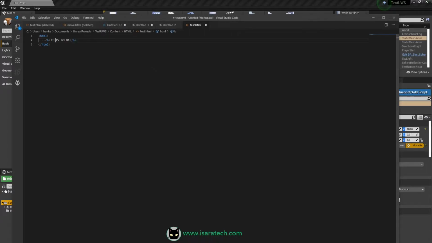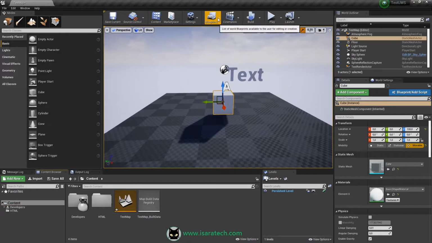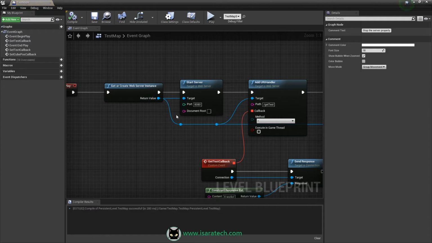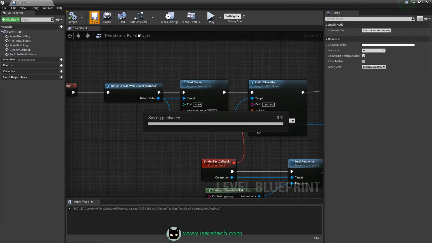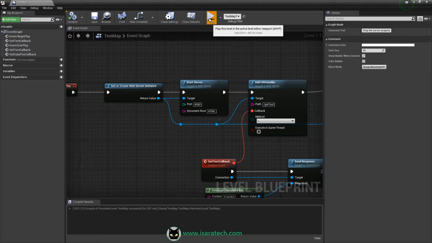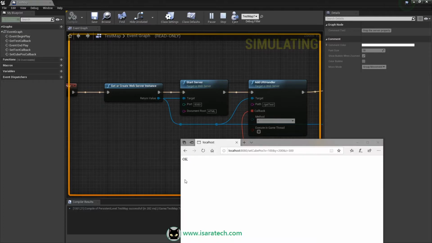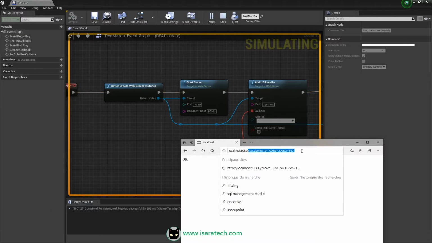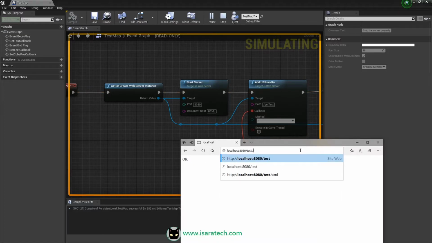I can edit this file and I will add some basic code, such as "it is bold". Let's try it. In my document root, I will set the HTML folder. Compile, save. Let's use the test.html file.